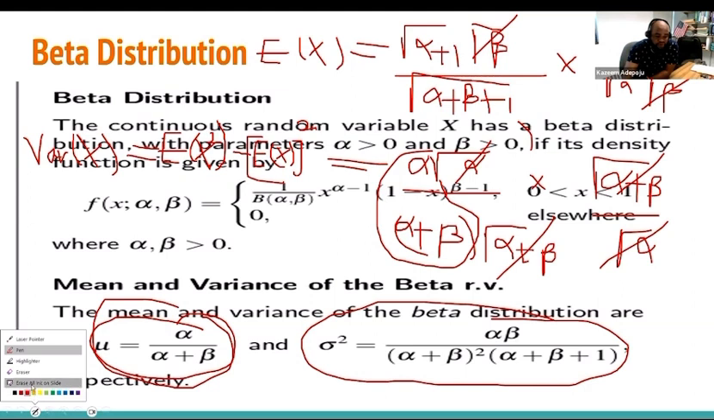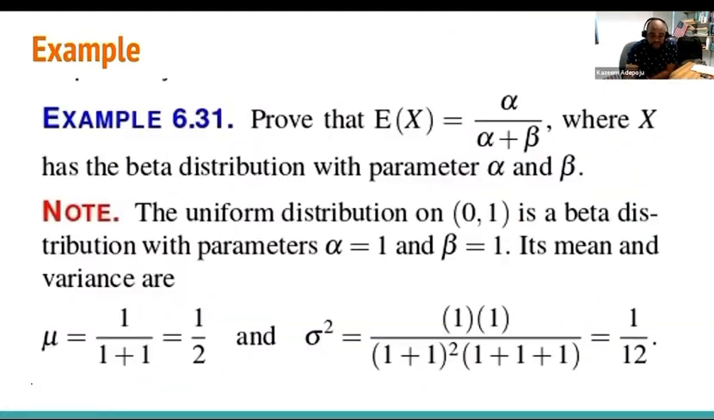Okay, so if that is what you get for the variance, of course, I think I just proved this now. Just proved that the mean is equal to that. And of course, it's very interesting to tell you that when alpha equals 1 and beta equals 1, you're actually going to go into the uniform distribution. And in that situation,